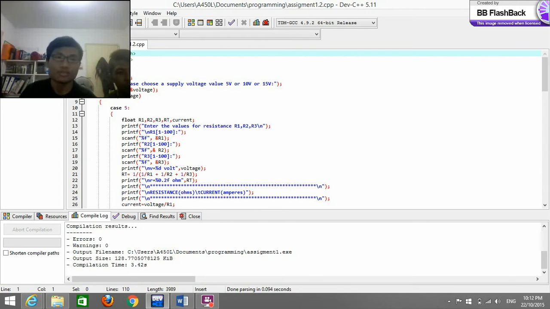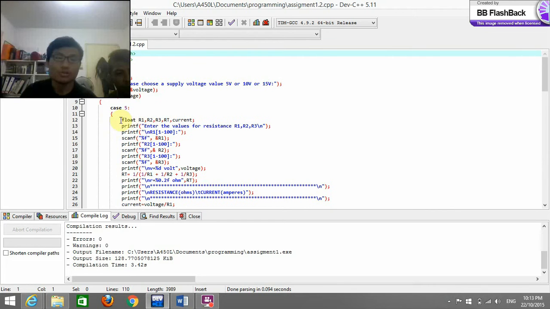Okay, this is our input int voltage, and this output is to choose a supply voltage value 5 volt, 10 volt, 15 volt. This input is to get the value by scanf voltage, and this input is switch voltage case 5 is 5 volt,